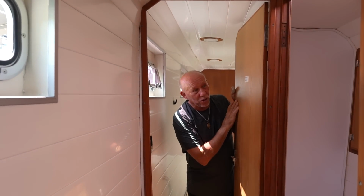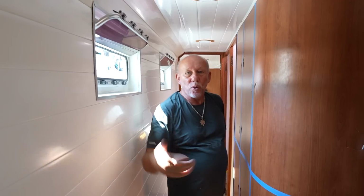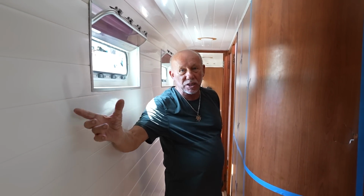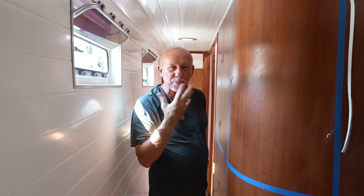The first things to go are these doors. Although they're solid and super strong, they're super heavy. There's no need carrying a bunch of weight around in a door. The walls are lined with plastic material, which is flammable. Behind is very good insulation. And the other side is with a laminate, and when I went to peel it away, I can still smell the Formica glue. So to give you an idea what happens when these materials get a little bit old, here,